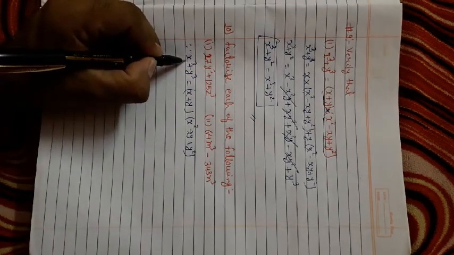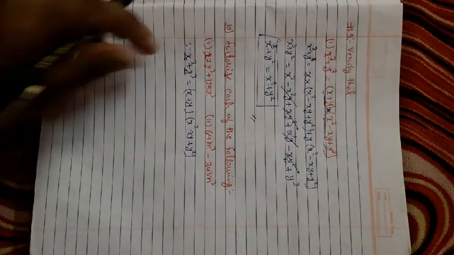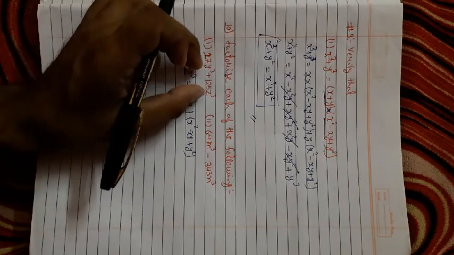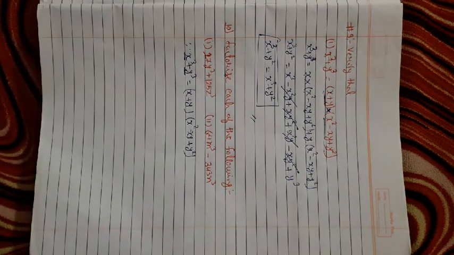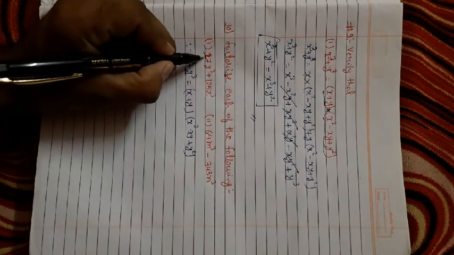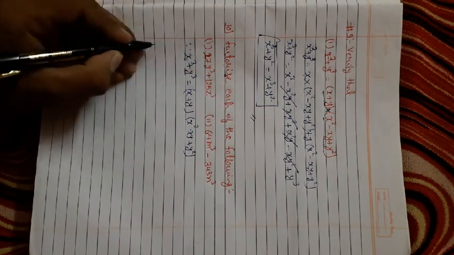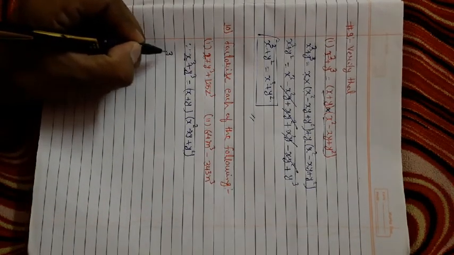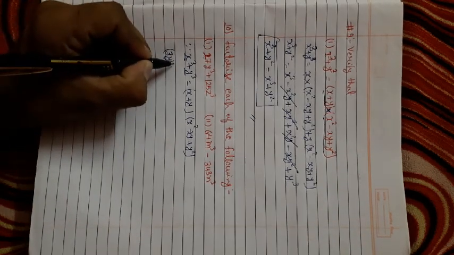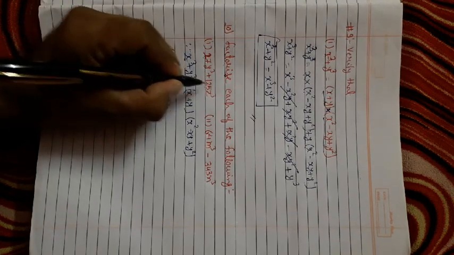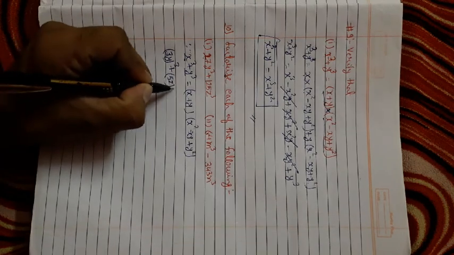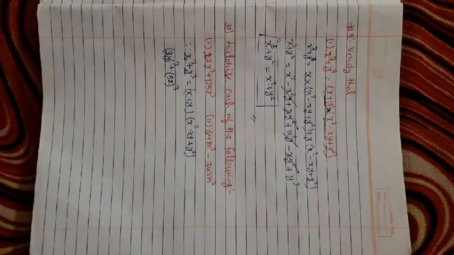Now see, in this identity the first two terms are in cubical form, but in our first question y and z are in cubical form, but 27 and 125 are not in cubical form. So first we'll change these two things. 27 can be written as 3 cube, 3 into 3 into 3 is 27, and with y they can together be written as 3y whole cube, plus 125 can be written as 5 cube, and with z, 5z whole cube. I think you might understand.